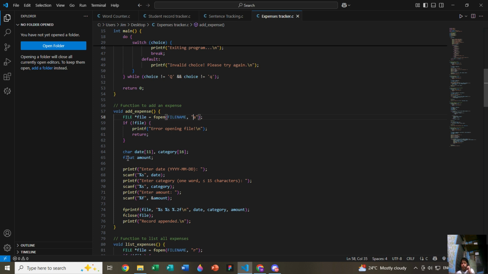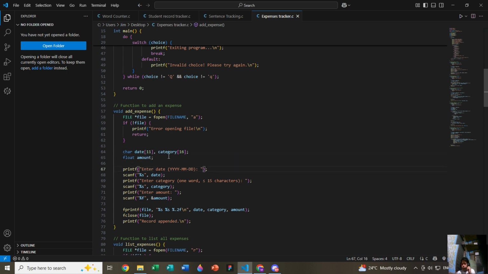Now for character date, this basically stores the variables like the date, category, and so on, the float amount.